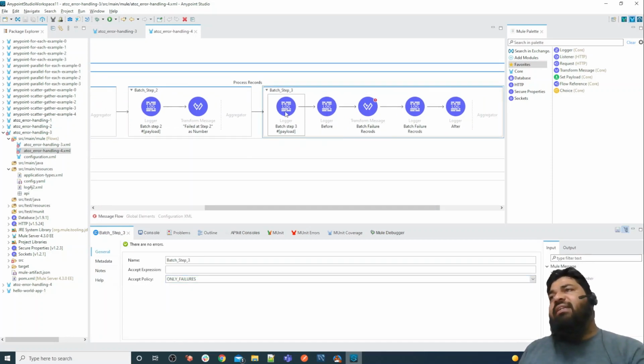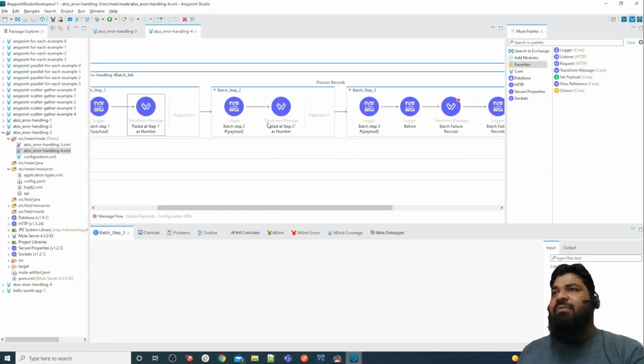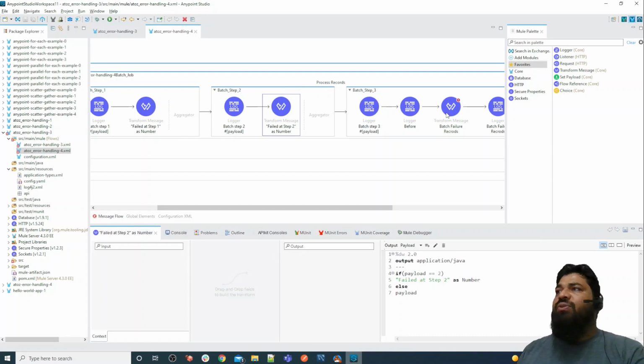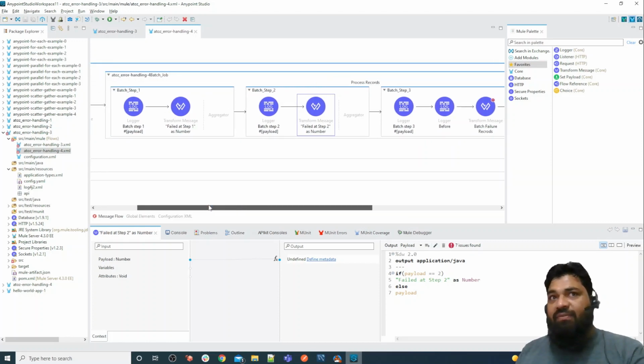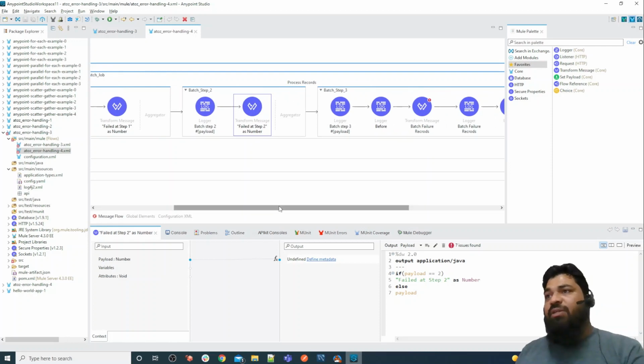So the record number second will be the only one inserted; record number first and record number third do not have any error, so those records will not be processed by step 3. The record number second, which failed at step number 1 and step number 2, is going to be inserted. So there are two errors for one record, record number second: one error at step number 1, another error at step number 2.